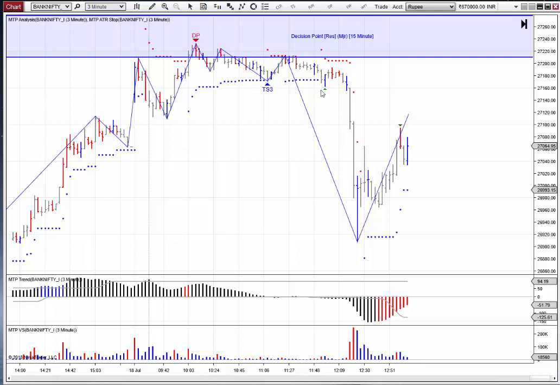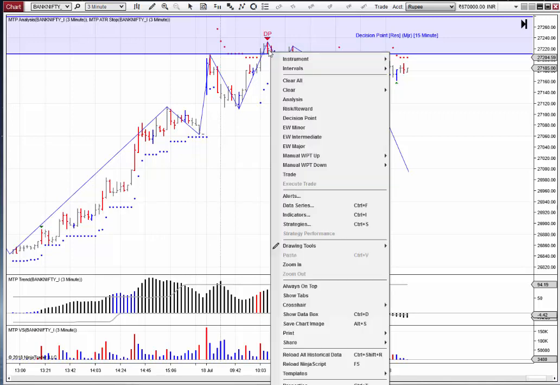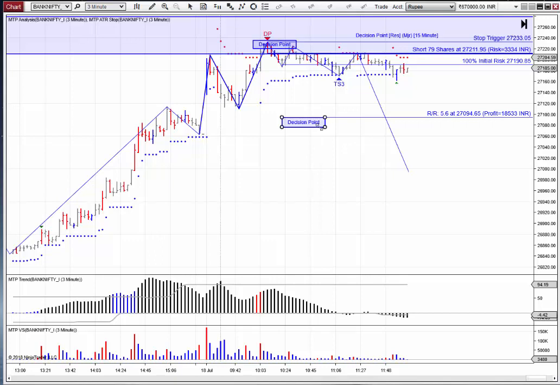This TS3 buy setup and this history triangle here, even though they were still on black MTP trends, would not be good ones to take because the market was likely to decline. In fact, to go back a bit there, it was likely to decline because it was coming off this higher time frame resistance. So if I right mouse click over this red sell bar, do analysis, this would be our trade